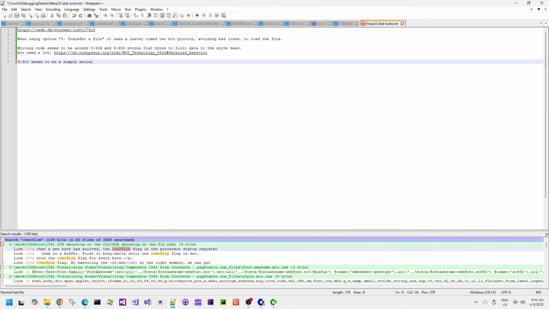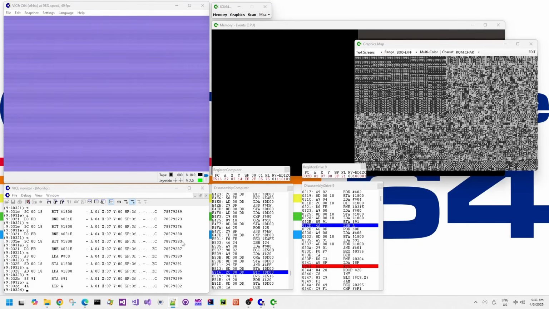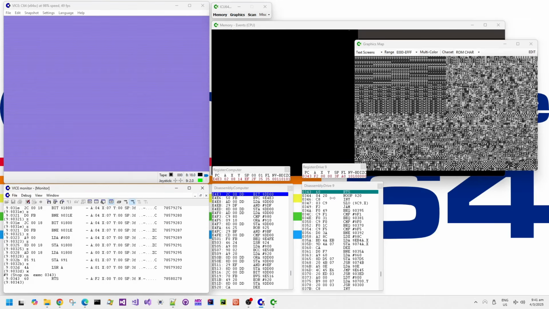That's fine. The overhead here is not going to matter, because while writing the data you're not really interested in making it super duper fast by using a 2-bit transfer protocol from the C64 to the drive, right? You're more interested in making the code easier and reliably sending that data, so you might as well just send it 1 bit at a time, 8-bit groups for 1 byte at a time, using a 1-bit transfer protocol. That's perfectly fine. So 300 in hex on the drive side of things seems to be a receive byte method,